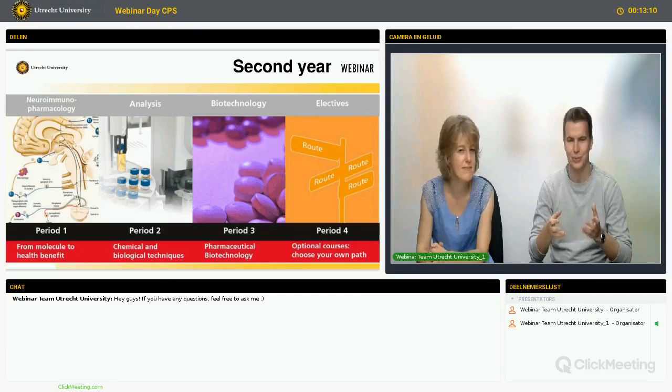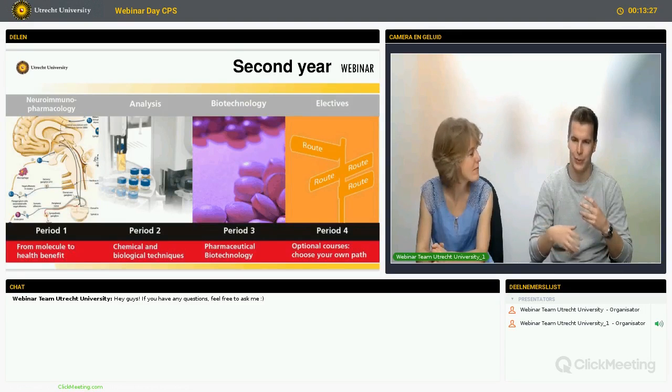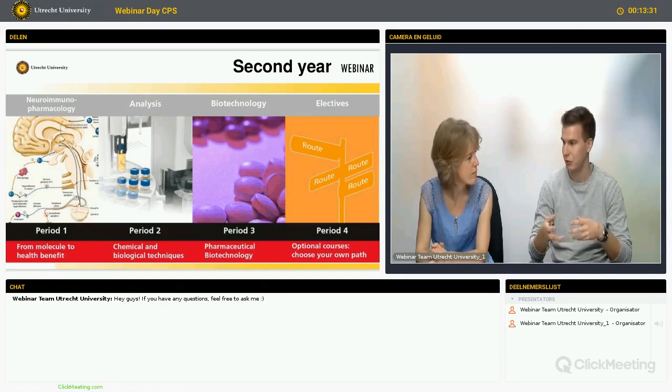The second year then kicks off with an immunology course or a neuroimmuno course. So you look at Alzheimer's, Parkinson's, IBD, irritable bowel disease, all these diseases where the body is attacking itself or something's going wrong inside the body, and how we can then look at these systems and how we can then potentially go on to treat it.